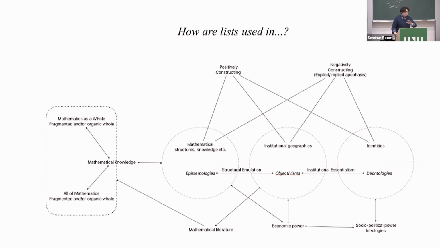Yeah. So to put it simply, this is what I'm trying to catalog. I'm trying to create a list. I'm trying to show that the list of different types of listing has a logic which connects different types of lists within a genre, and that there is a less well-known translation of the structural aspect of listing within mathematics into objectivisms, which then becomes the institutional mathematics as we knew it, right? It's some sort of a circle. I can speak more in detail later.